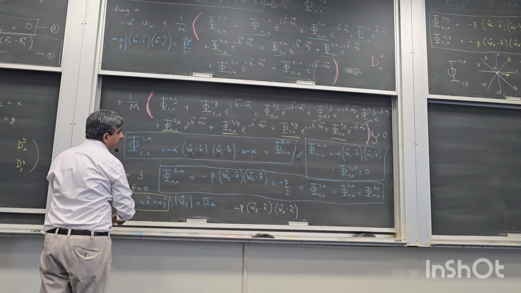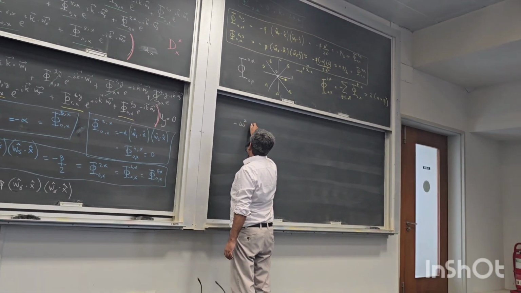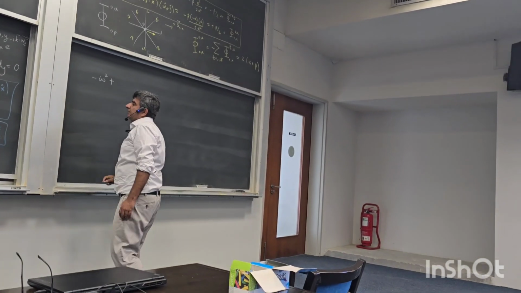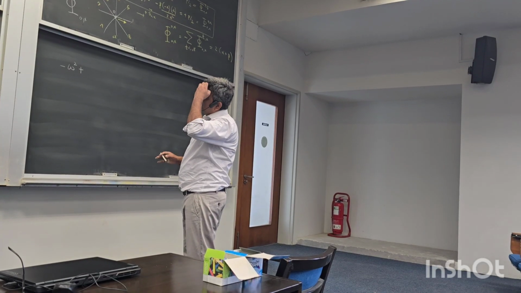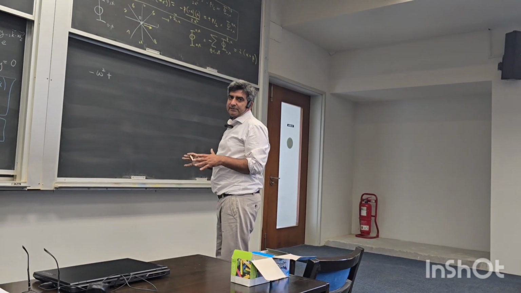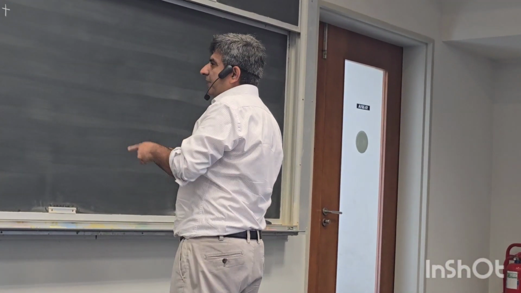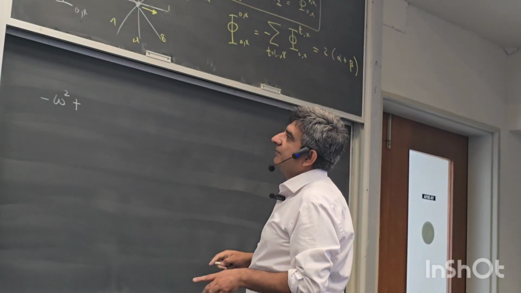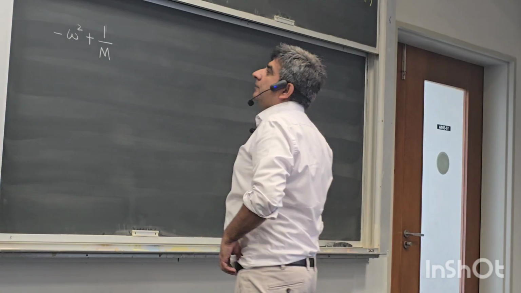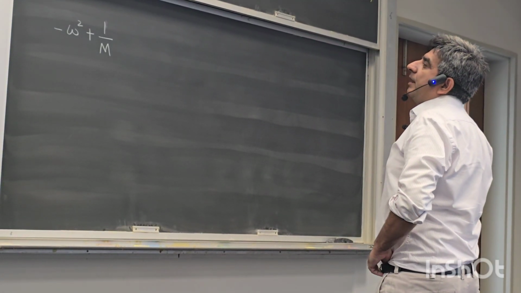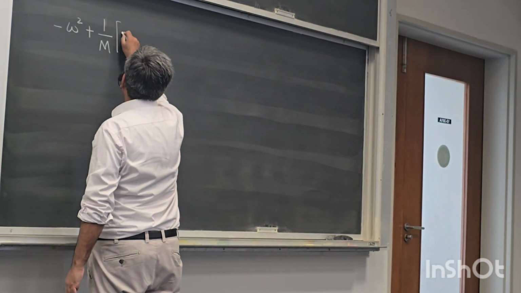So now I'm going to write down the matrix itself, minus omega square plus dxx. So I'm trying to write down the dynamical matrix plus minus omega square into identity. Minus omega square plus dxx is 1 over m, okay. Now my phi's, phi 0x is 2 alpha plus beta